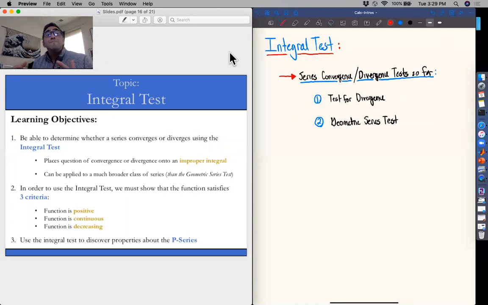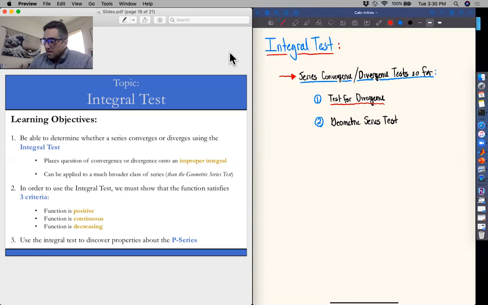Now, both of these methods for determining whether a series converges or diverges are rather limited in scope, unfortunately. For example, the test for divergence can't tell us whether a series actually converges. If a series fails the test for divergence, it's automatically divergent, but it doesn't catch every divergent